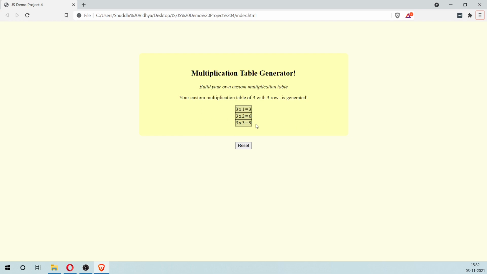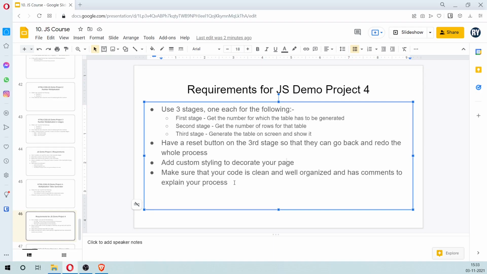You don't have to use the same colors or the same features, but you need to have custom styling implemented for your page. Also make sure that the code you're writing is clean and well organized and has comments explaining the thought process involved in your steps and what each section of your code is doing. This is also a very important part of the entire process. Hope this is clear. All the best.